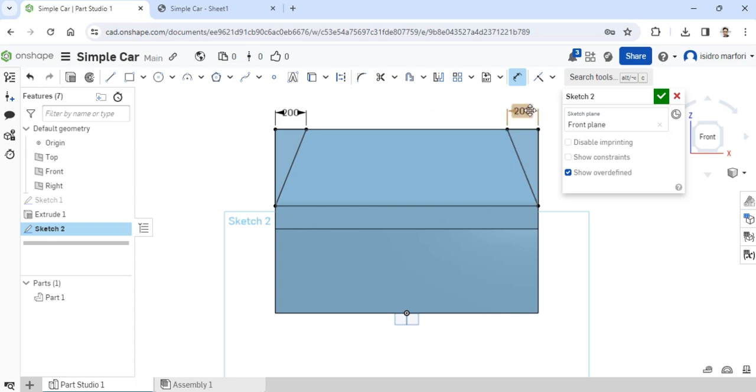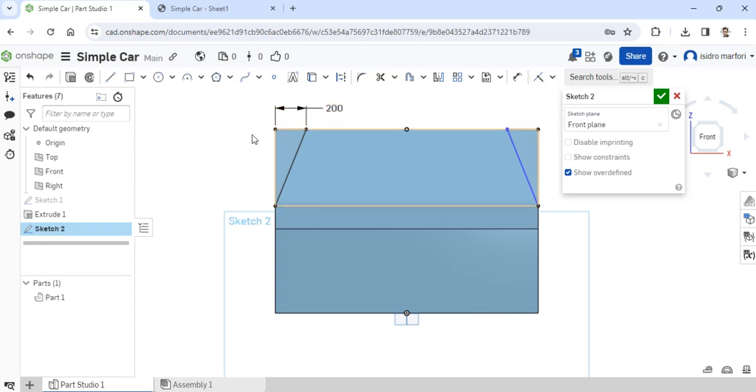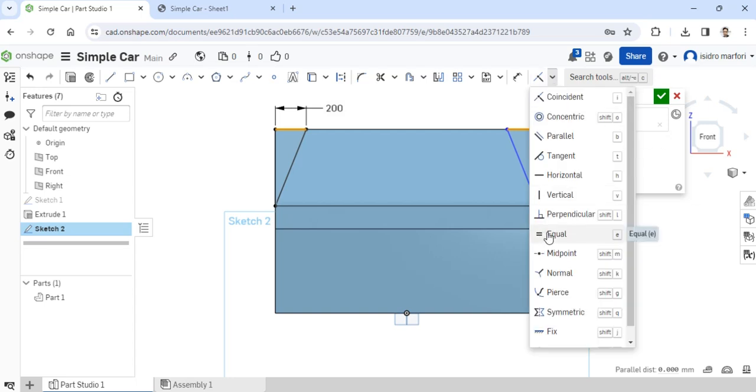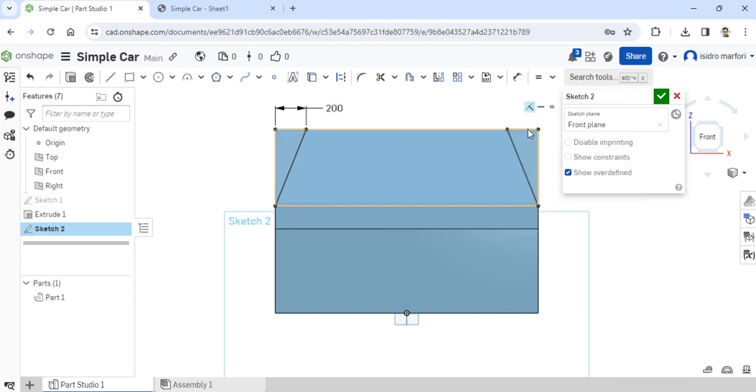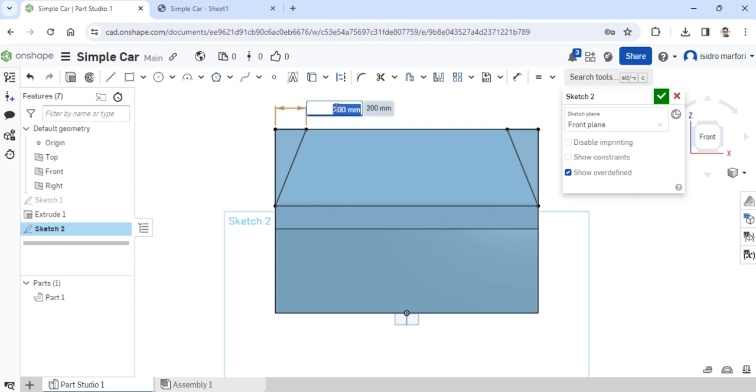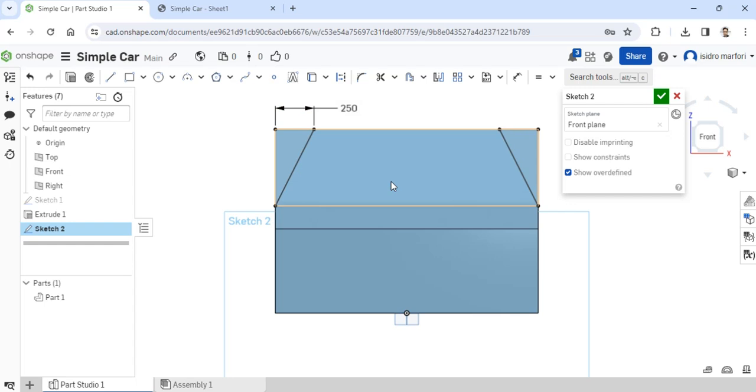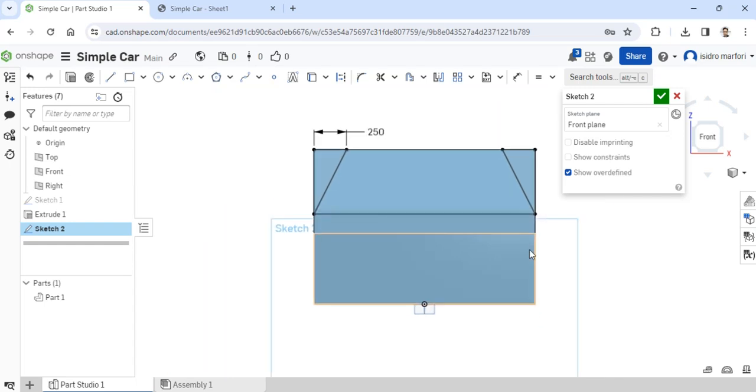Now there's another way to do the dimension. One of the techniques that I always employ, especially if I'm doing something symmetric, is I use the constraint tool. So what you could do is tap on the line right here and tap on this line again, pull this down and make them equal. And then they are now constrained. So every time I change this, let's say I make it 250, both of the rectangles would change. Right.